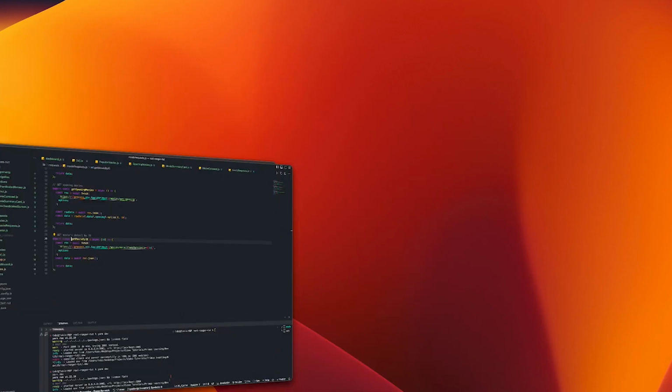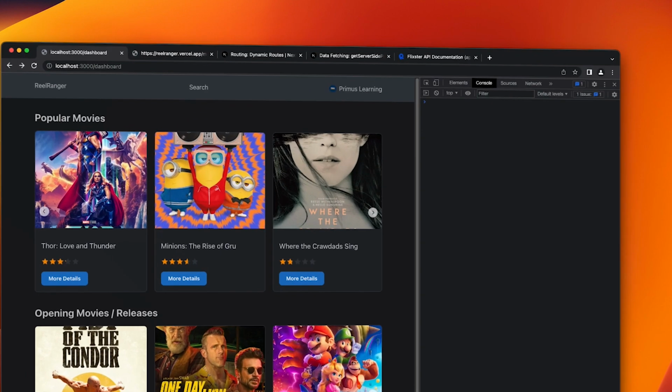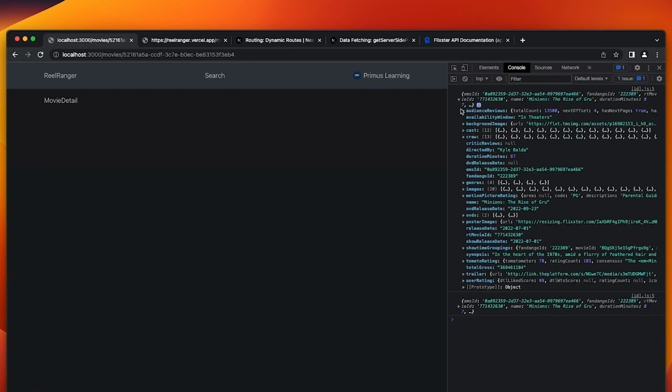So remember, we are using this. We just have one page, but its data is dynamic. Okay. So I'm going to click on more details for Minions: The Rise of Gru. And as you can see, it's returning another object, another data based on the URL and the image version ID of that movie. And as you can see, we have the name, which is Minions: The Rise of Gru. So that's that on